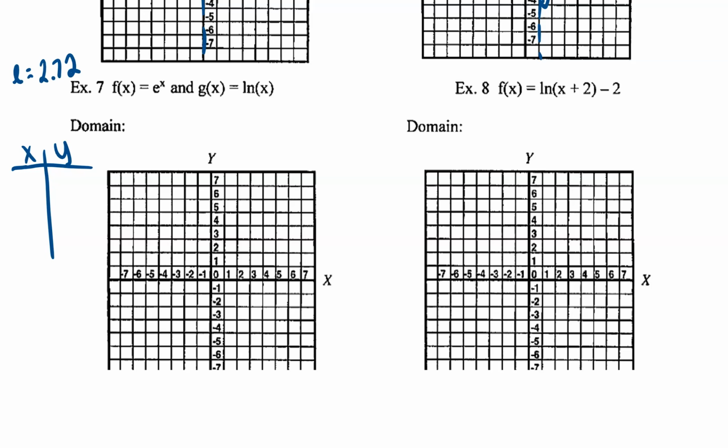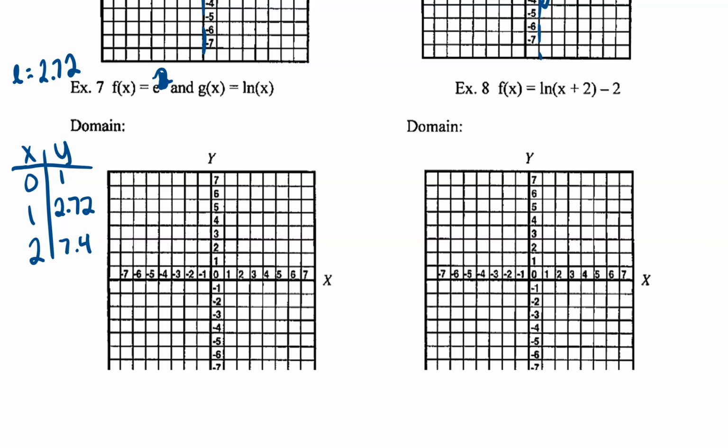So when we're doing exponentials again, e is an exponential. You just plug in for x and get an answer out for y. So I'm going to plug in 0, 1, and 2. When I plug in 0, anything to the 0 power is 1. Plug in 1, anything to the first power is itself. So e to the first power is going to be about 2.72. And then plug in 2. E squared is going to be about